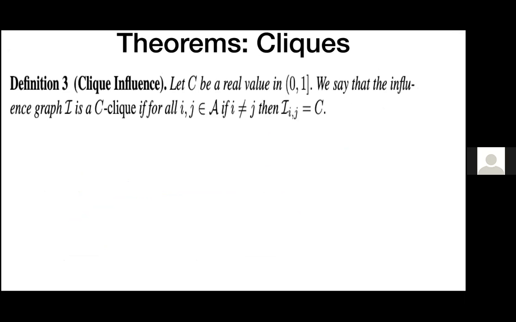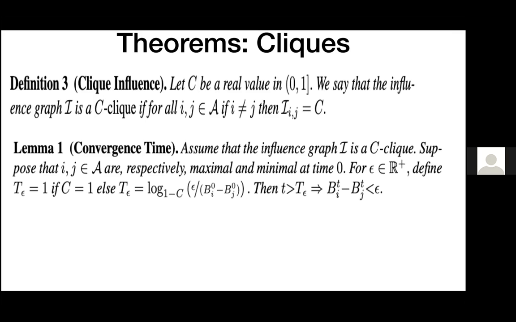So yes, let's consider cliques. Clique influence: basically, we say that the influence graph is a clique if for every two agents, the influence is always the same. So it's the same influence in the whole network between every pair of agents. For this one, we have very strong results. You have convergence time. You give me a clique, and I can tell you when it's going to reach a particular difference of opinion. Meaning that for any epsilon that you give me, as small as you want,